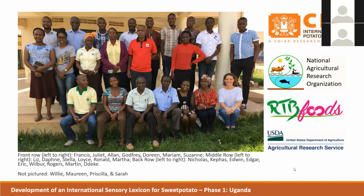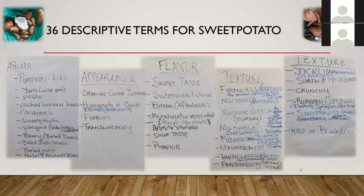In a very intensive week together, we presented a wide variety of sweet potato cultivars to our team of sensory panelists there, and had them describe in their own words all of their characteristics: aroma, appearance, flavor, and texture. Then through a series of activities and discussions, we narrowed that down to 36 descriptive terms for sweet potato. And we looked to the scientific sensory literature to interpret colloquial terms into standardized sensory terms that could be used universally